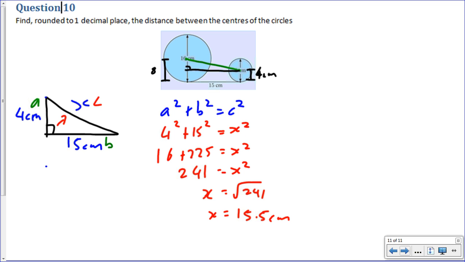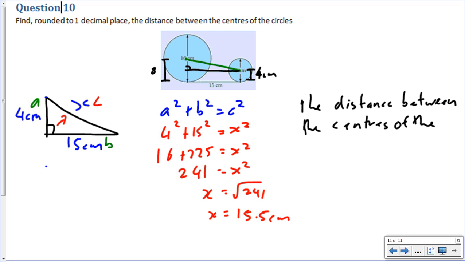We need to write it as a sentence. The distance between the centres of the circles is 15.5 centimetres. So again here, we got our figure,